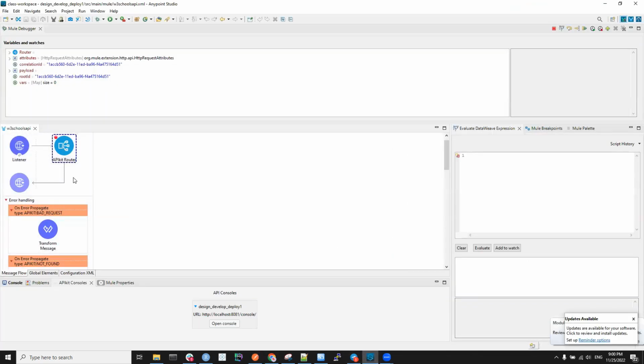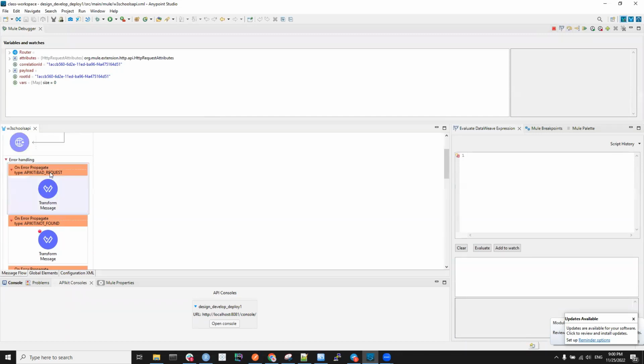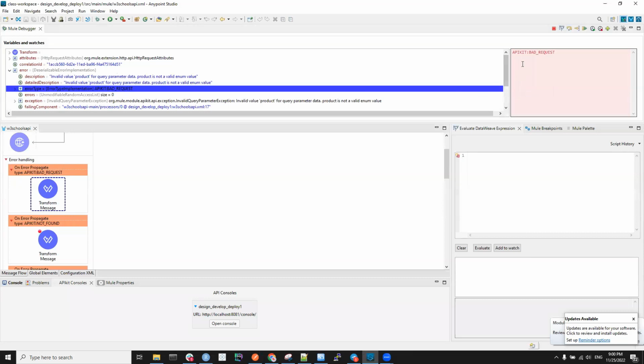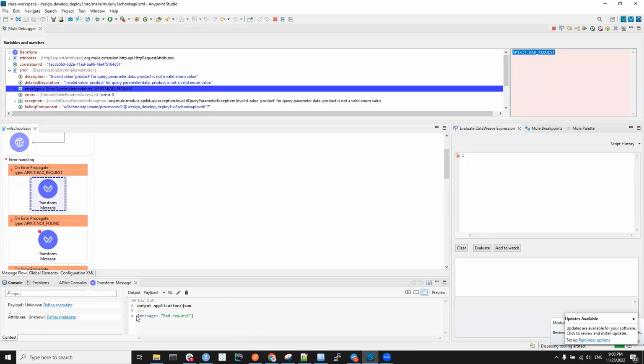The request has come to the API key router. When I click next, it invalidates it. Now it generates an error. This bad request is going to be handled by this flow, bad request. And even if the error is API key bad request, rather than that, what it returns is this message, because we saw this